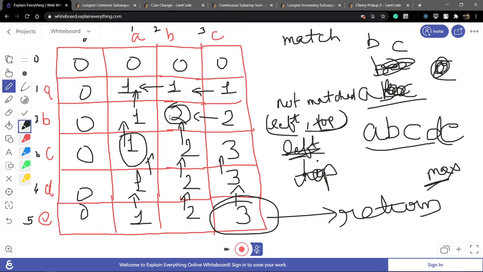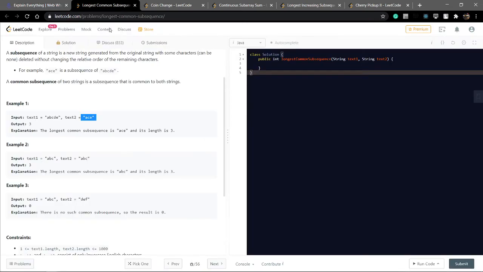Suppose 1 plus 2, but 2 and 2 making 4 is not possible. So it comes from the diagonal: diagonal plus 1. If they match, it is the previous diagonal plus 1. That is the logic. Okay, now I will write the code in the proper way.